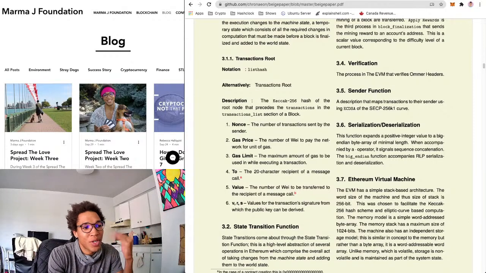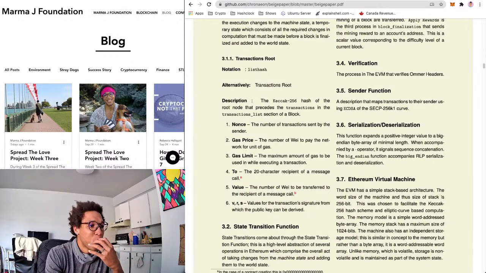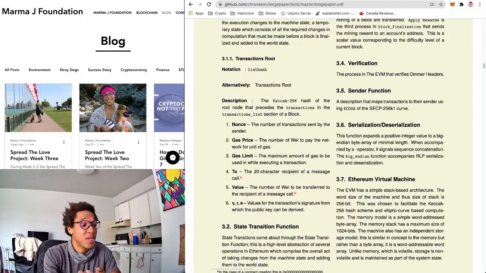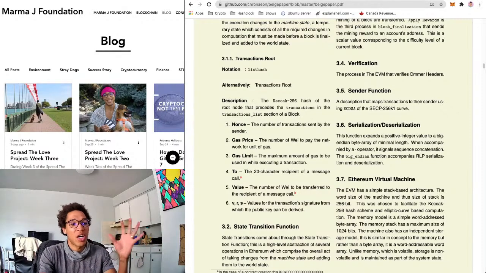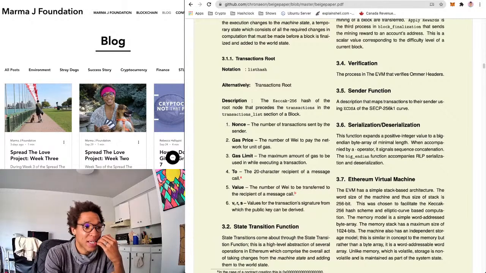Then you have where you're doing the transaction. So in the car analogy, that's where you're going for this trip, which would dictate the limit and how far you're going. I suppose for this. And then the value, the number of Wei to be transferred. I guess the value doesn't always have to be anything. I guess you could always have a call to something that doesn't actually have any Wei transferring value. So that could be 0.